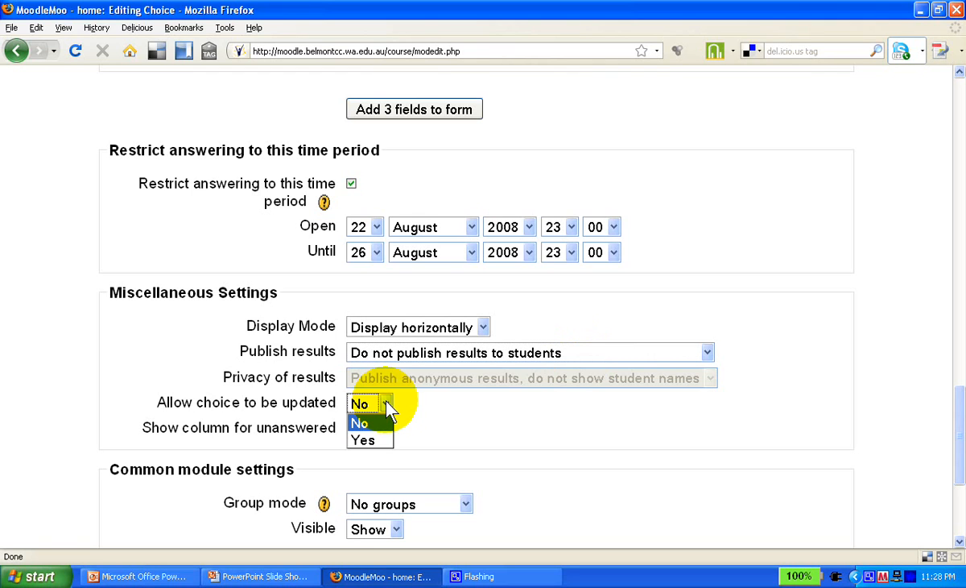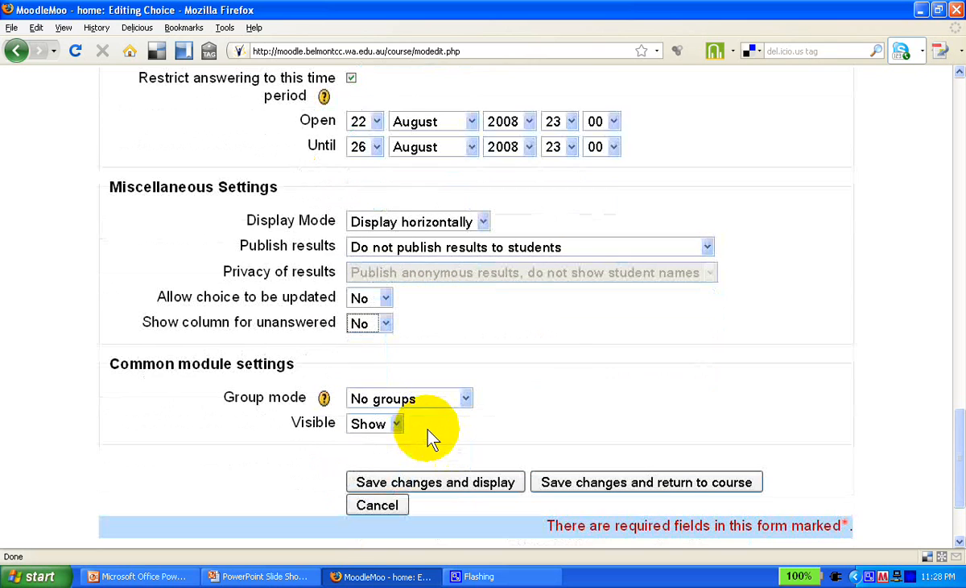You can specify whether they can update their choice, change their mind or not. And of course you can have the column for not answered as well, whether to make it compulsory or not. Standard group mode settings apply across the site, and this is explained elsewhere. But for now, we save changes in display,